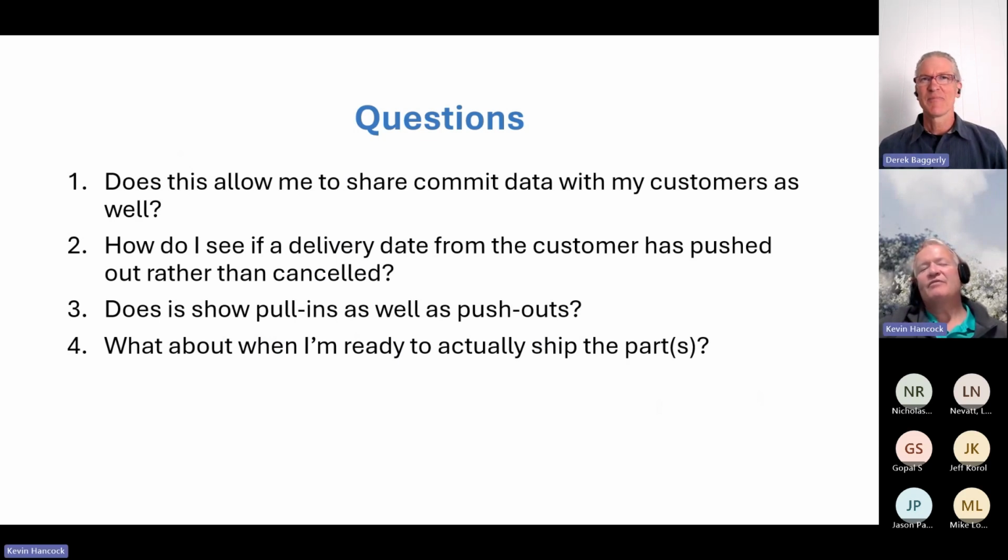Okay. I think we have time for just one more. So which of these do you want to answer? And we'll make sure we send an actual answer to the people who submitted the questions as well. But which one do you want to hit the general audience with there? Let's do, I sort of answered 2 and 3, so let's do number 4. What about when I'm actually ready to ship the parts? It does also automate that piece, so it'll see within your ERP system when something is ready to ship with the packing slip. It'll create the shipping notification. It'll create the barcode. So yeah, it follows it all the way through to the point of shipment.